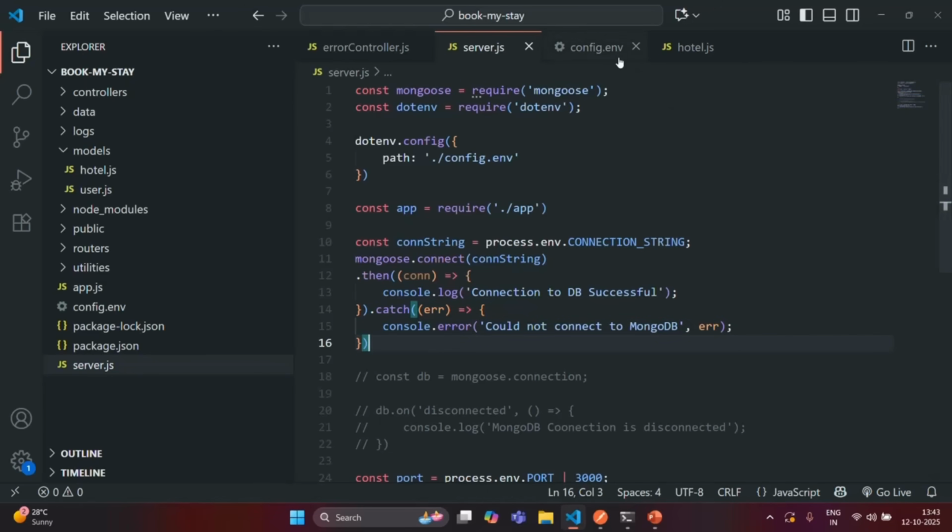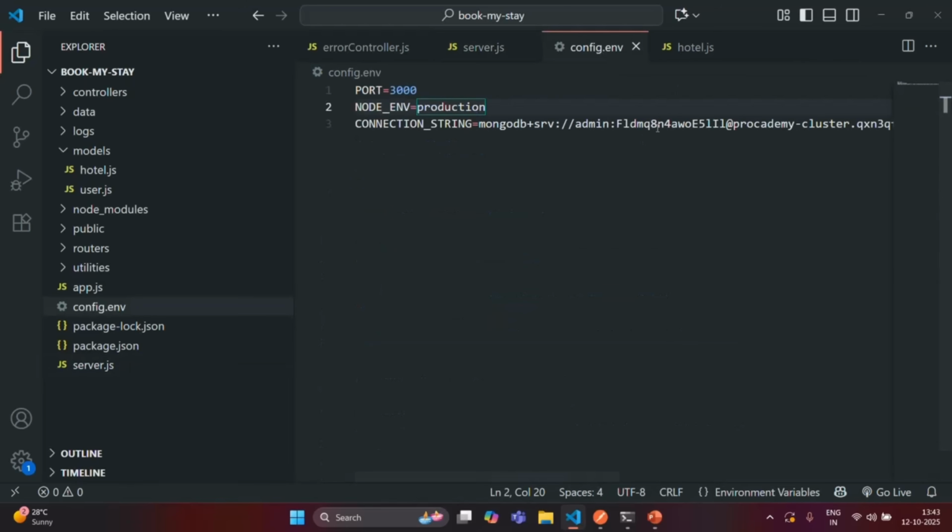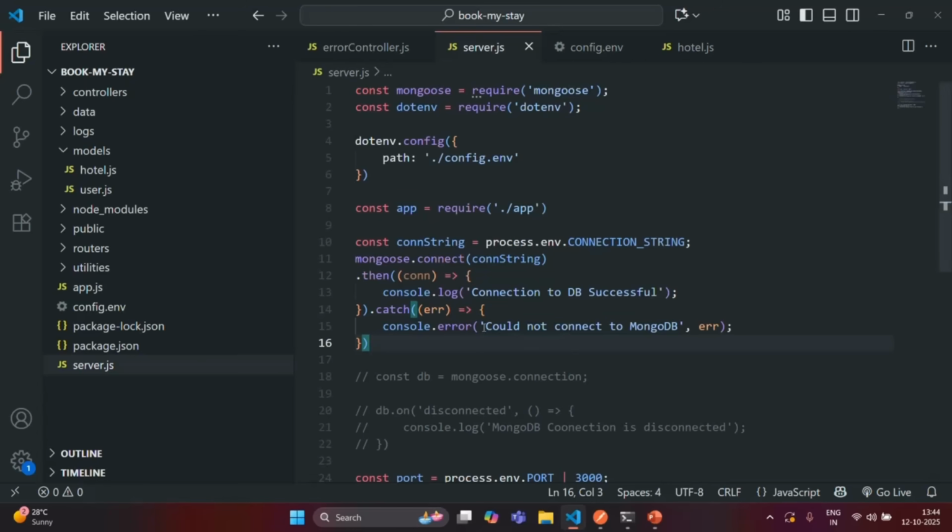Let's go to config.env, and there I'm going to change the password. So here I will add 2 at the end. Now this password is not correct, and using this password, when our Express application tries to connect to the MongoDB server, it should throw an error. And when that error is thrown, we should see this message in the console which says could not connect